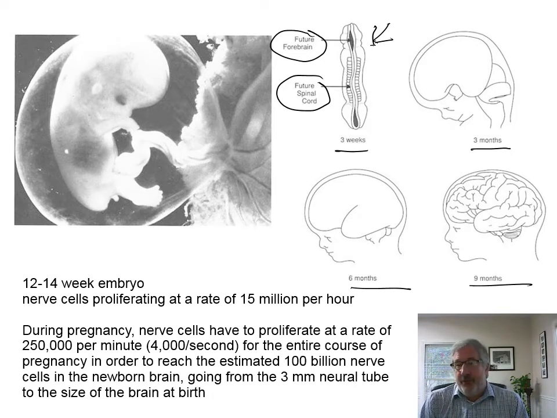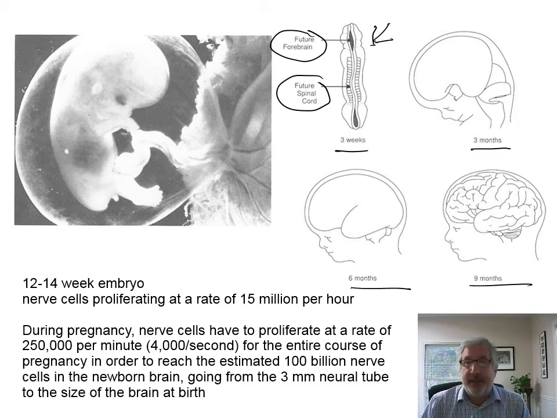So one thing this points out to you, obviously, is that you need good nutrition during pregnancy because you're having to supply those nerve cells with energy, as well as lipid and protein and carbohydrates and all the other minerals and stuff to allow them to grow as fast as they need to grow. Because you're making 4,000 new neurons every second, and all the other parts of your body are also growing at a fast rate as well. So this just kind of drives home that you take your prenatal vitamins if you're pregnant, and if your wife is pregnant, encourage her to do that too.